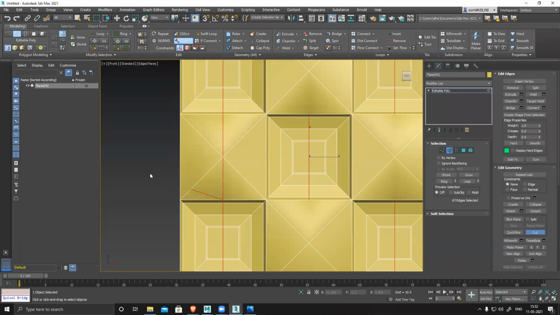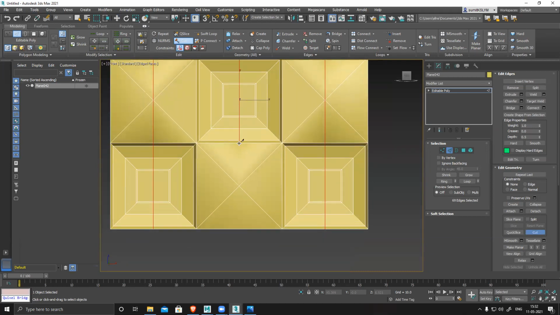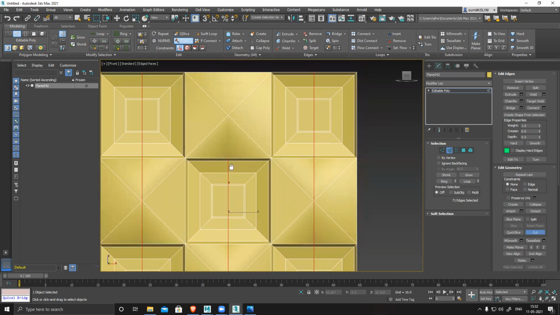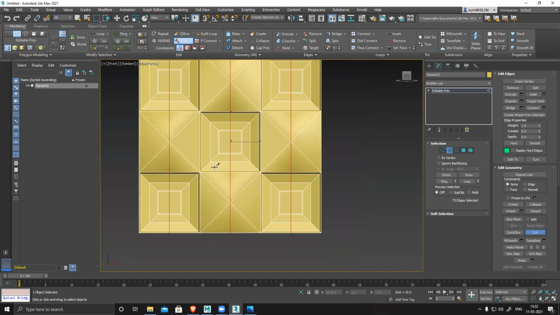Done. This one I have to fix. Everything is connected.